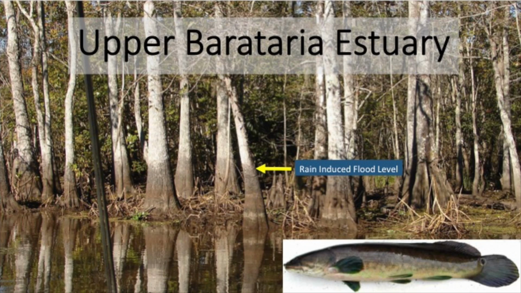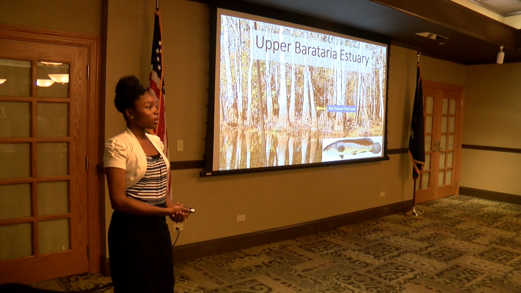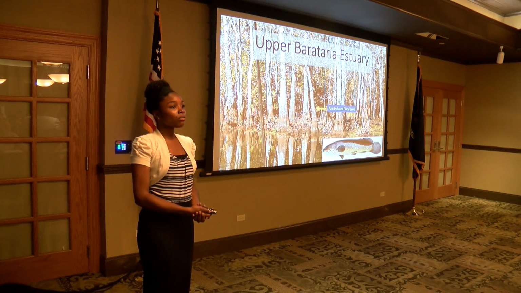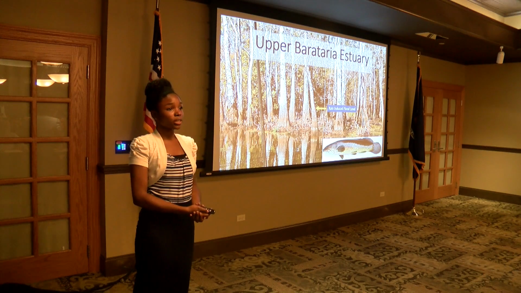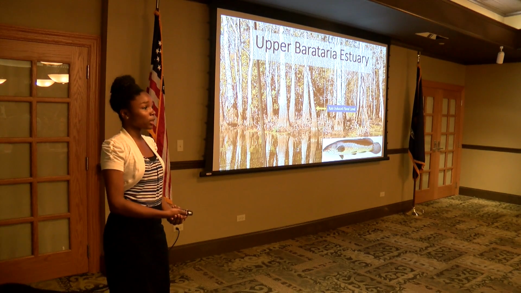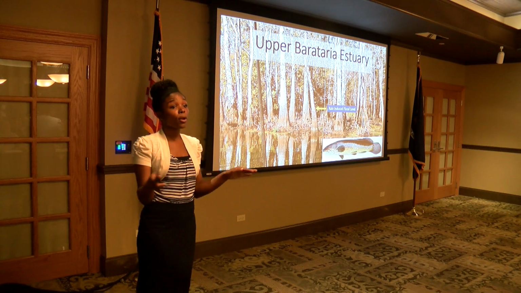The Upper Barataria Estuary has been separated from the Mississippi River due to hydrological modifications and does not receive an annual flood pulse from the Mississippi River. The Upper Barataria Estuary floodplain only becomes flooded during heavy precipitation events. The lack of a regular flood pulse in the Upper Barataria Estuary may reduce the exchange of nutrients between aquatic and terrestrial habitats, which may alter food availability for many opportunistic feeding fish species that consume whatever prey item is